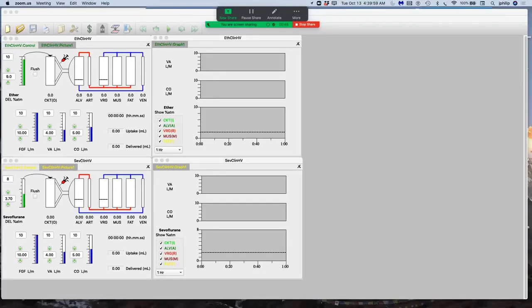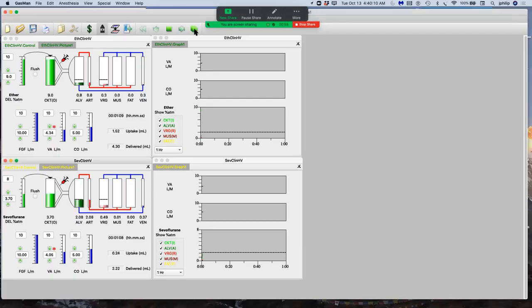Here we see two simulations about to be run. We have ether at the top and sevoflurane at the bottom. We're going to begin that anesthetic by hitting run all. And we're going to see the anesthetic levels come up to the 1 MAC level in the vessel-rich group in